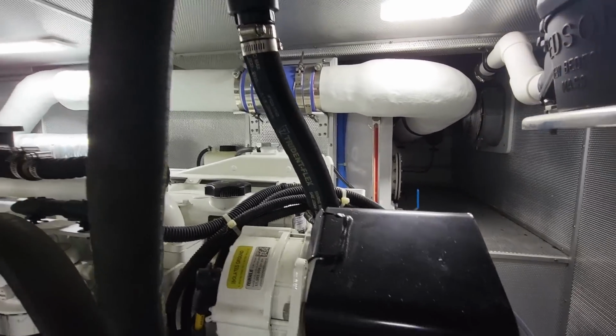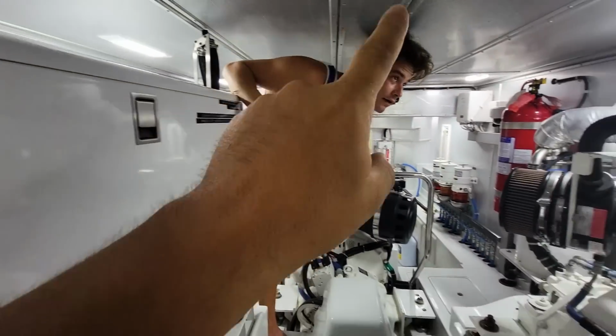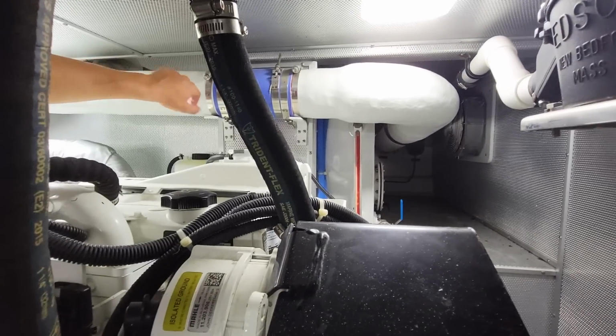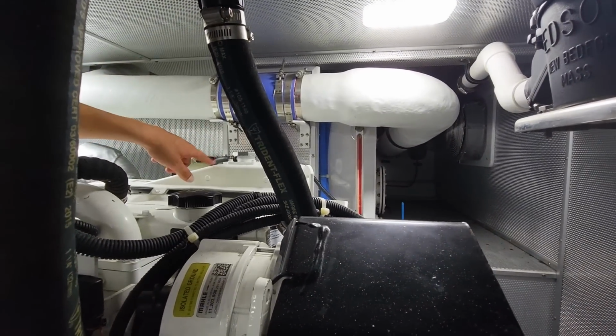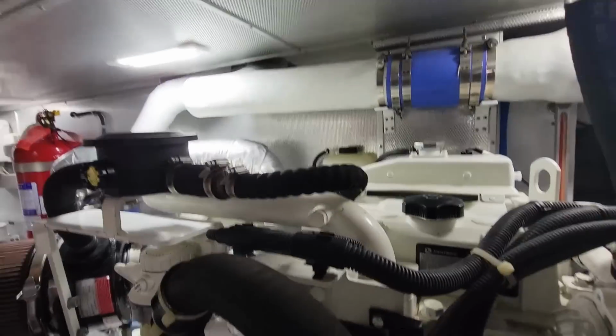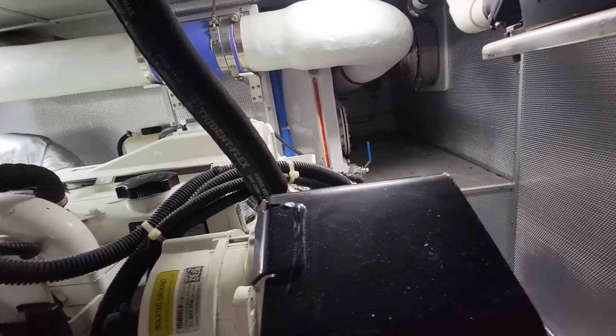So 4 fuel tanks, 1, 2, and then the other 2 up front. Now we got 5, the one only for the wing engine. Only for the wing engine. In case you have major issues on the diesel, that's really cool. So even the wing engine has an independent tank, which is not supplied by the main supply,